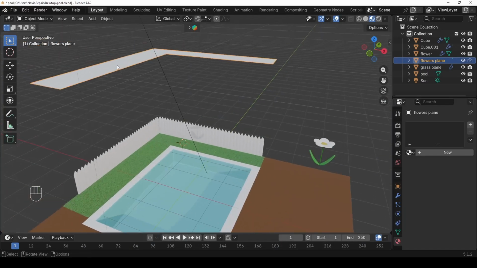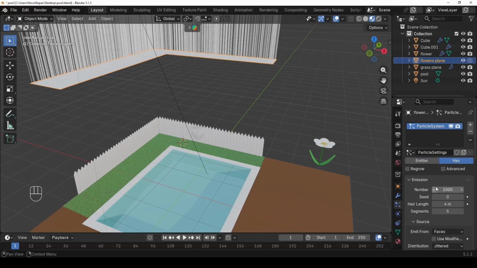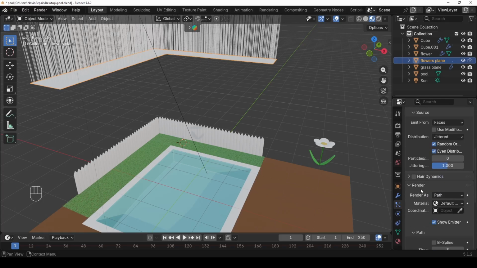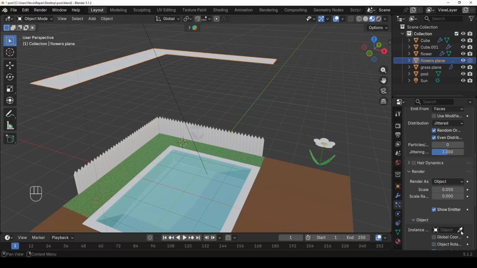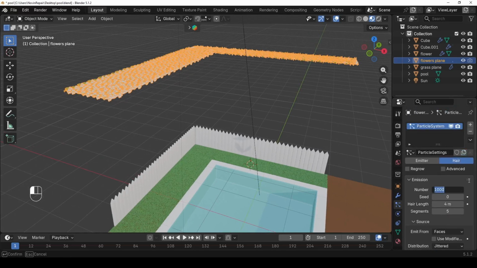I'm going to select the plane and then click on these particles and then click on the plus button and switch from emitter to hair. And we don't have to change any of these settings here because under the render, in render as, I want to change it from path to object, and then click on this eyedropper tool and introduce an object for this instance, and click on this flower. While the eyedropper is selected, click on this flower in the outliner, and you can see the flower has already got distributed. But there's too many of them, like 1,000, but I want it to be like 50 flowers only in